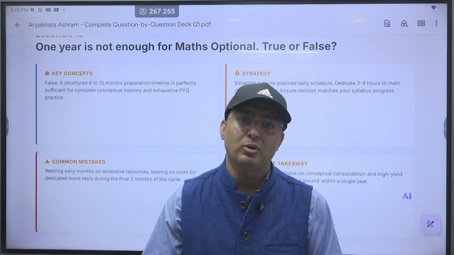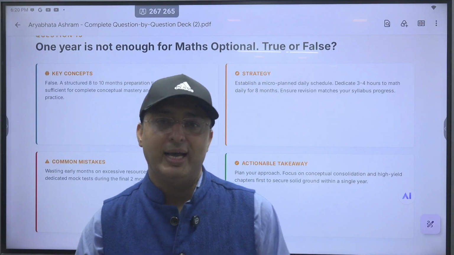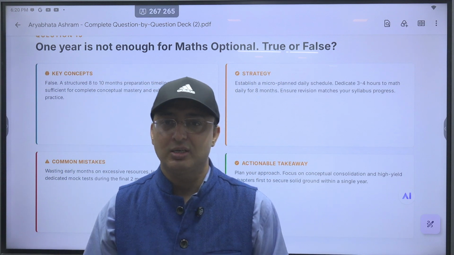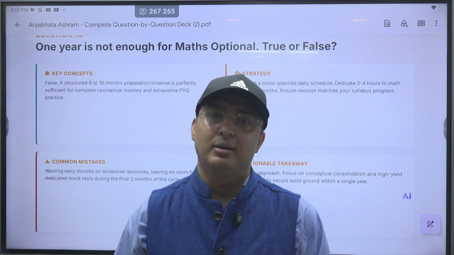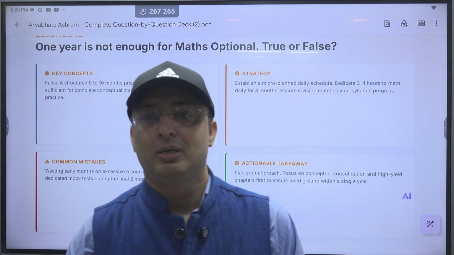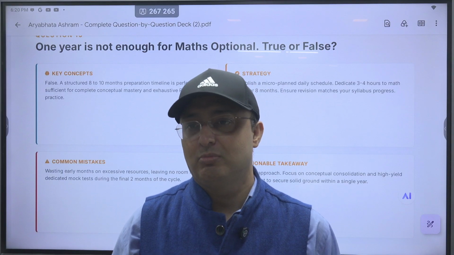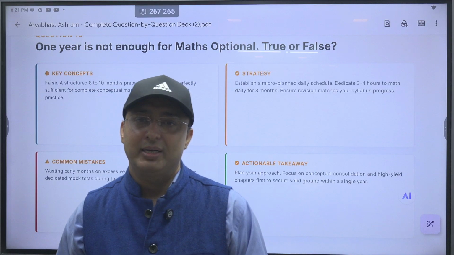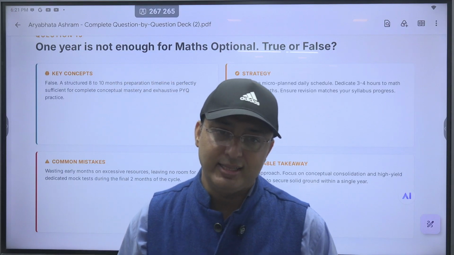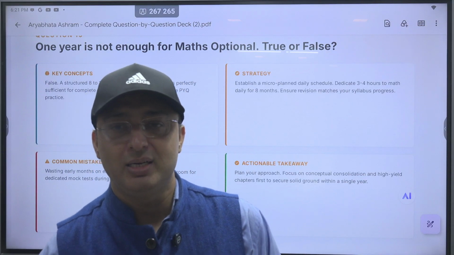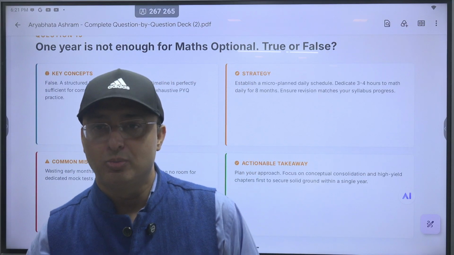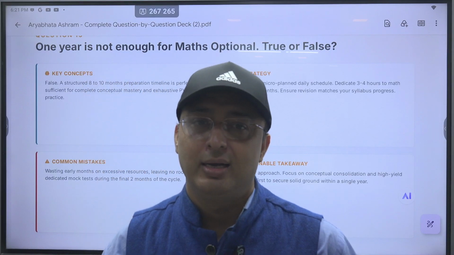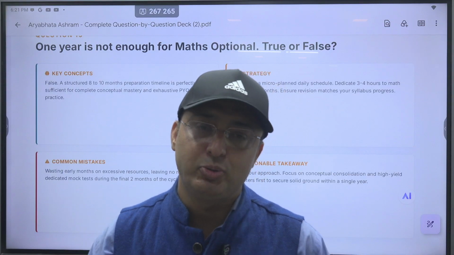It is much beyond that. And for that, what you need is a rigorous understanding of the subject. It will take some time, and definitely one year is neither too much nor too little. But I feel that students think completing the syllabus is merely referring to hackneyed books and notes and so on. But it's more than that, and in some other sessions I will be dwelling upon that.